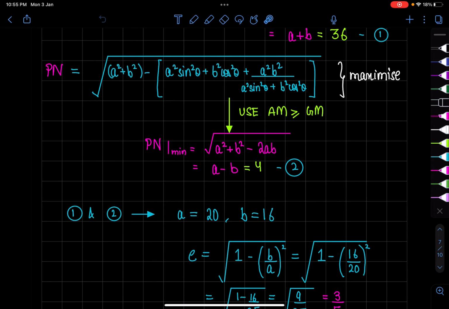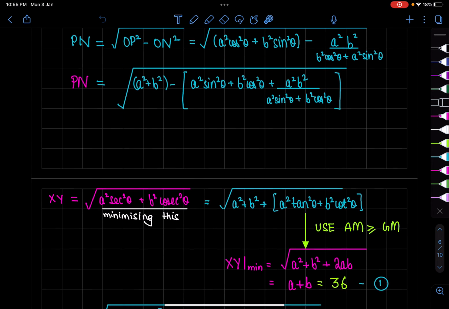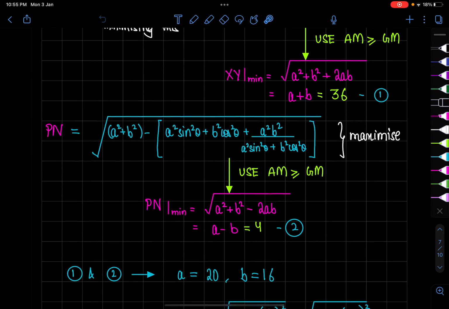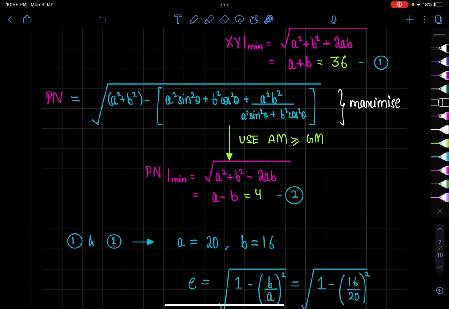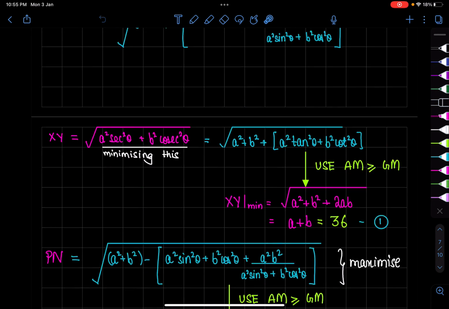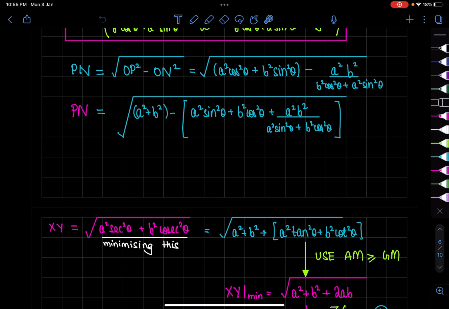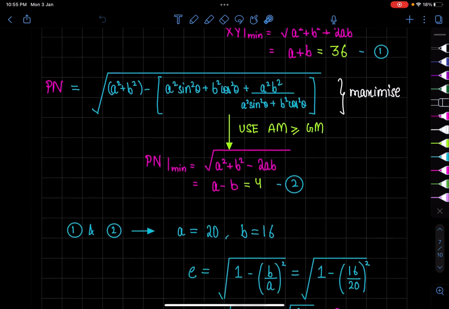So the next step, similarly, I have to do for Pn. Now again, Pn, as you can see, I've written in this form, which I've copied here. Writing this form is pretty helpful, because now I can directly use AM greater than or equal to GM. One thing to note here is that I wrote a square cos theta plus b square sin theta. Then I used the property that sin square theta plus cos square theta equals 1 to further simplify it and convert it into this expression. This is because now I can directly use AM greater than or equal to GM for this term. Otherwise I was not able to use them.